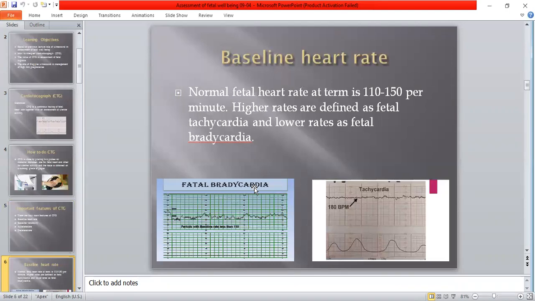It means that we will not do CTG for only 1 or 2 minutes, but for at least 10 to 20 minutes, and then we determine the baseline fetal heart rate. Fetal tachycardia can be associated with maternal tachycardia due to infection, or fetal infection, or it may show acute fetal hypoxia, fetal anemia, and response to some drugs, for example antiallergic. And fetal bradycardia mostly shows chronic hypoxia.